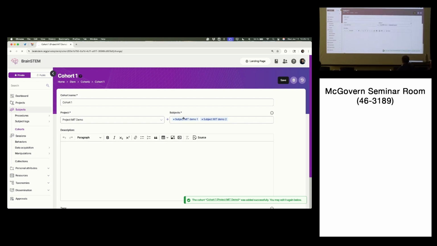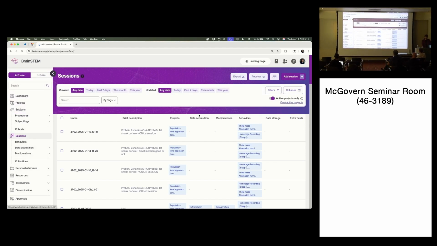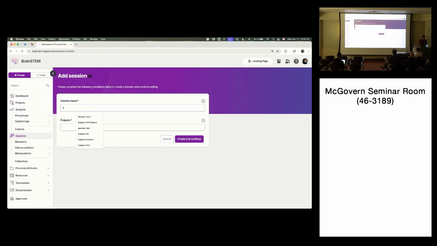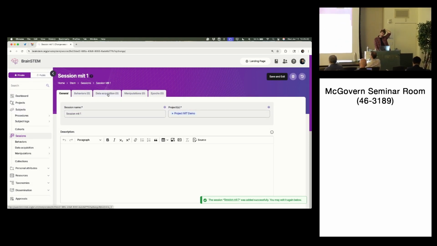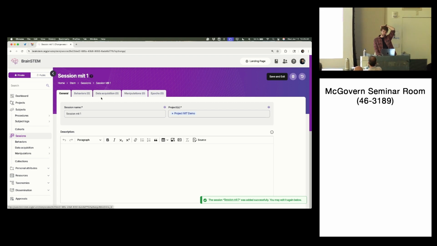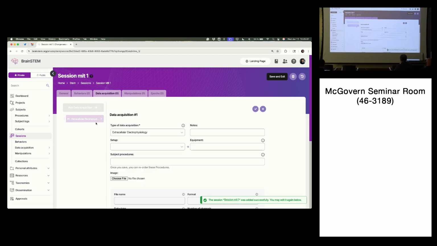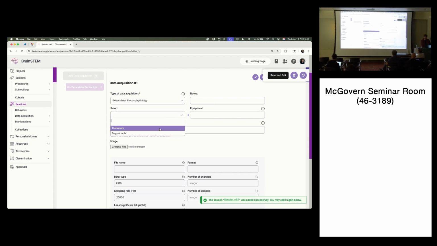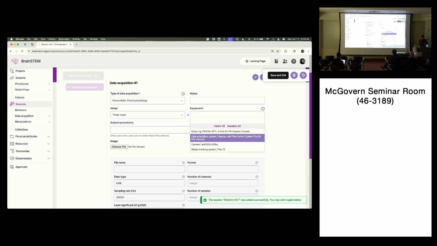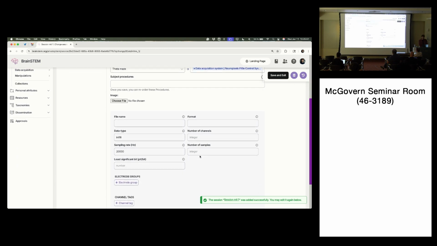The other major model are sessions. So these are again when you're typically collecting data. Same kind of logic you apply to the project, and now the sessions, the data acquisition data, is made up of the behavior of the animal, the data acquisition and manipulations, and then the epochs. And the same kind of logic applies here, that you enter whatever you put in. And again here you can say, okay, I'm doing this on a maze, for example, and I'm using this specific data acquisition device to collect the data. Okay, and then the fields here are